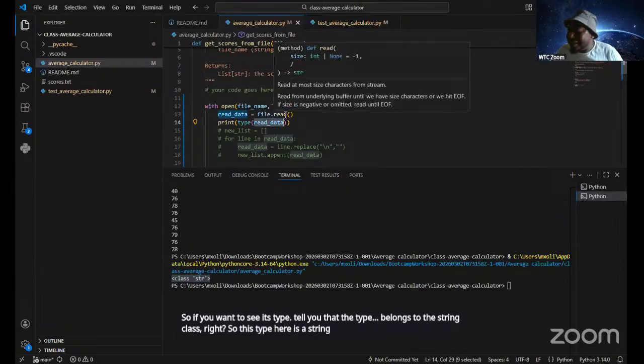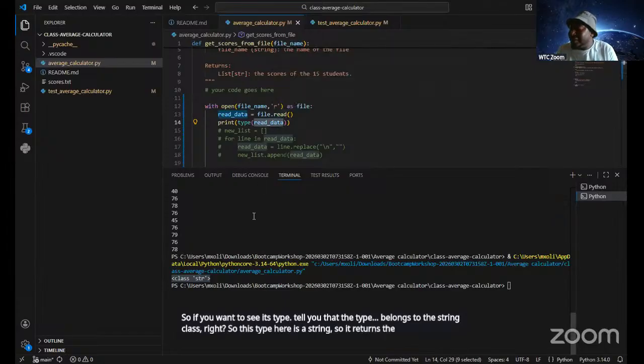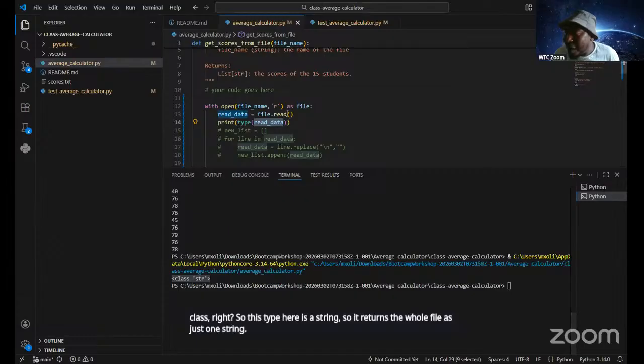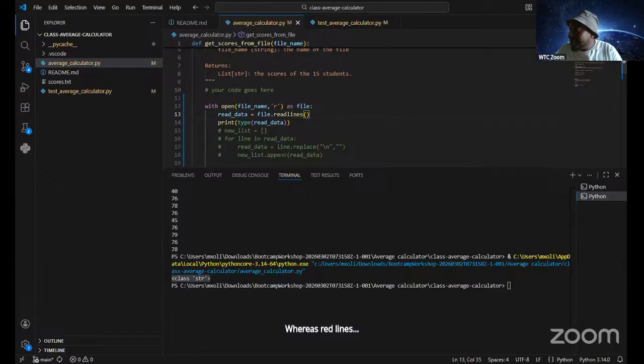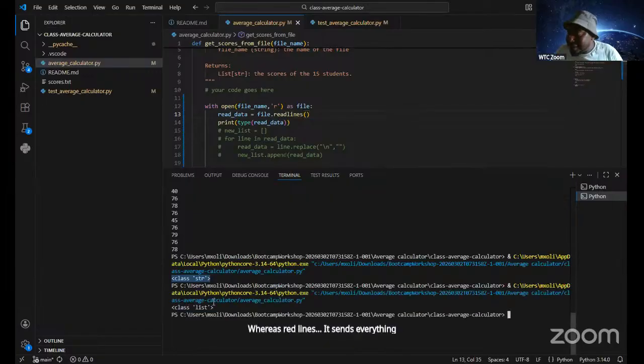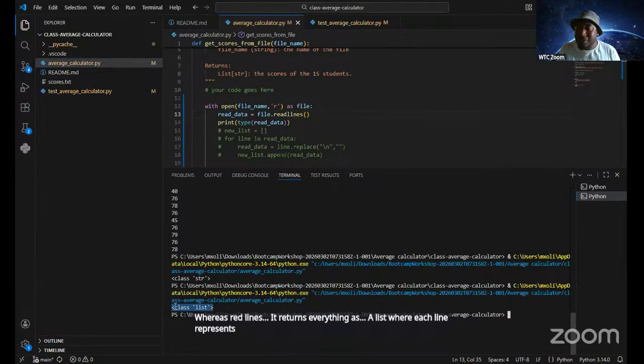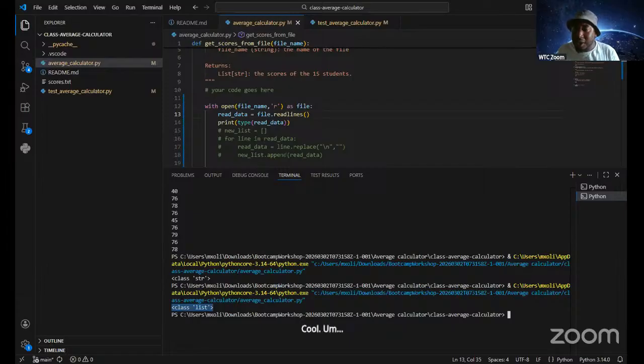It returns the whole file as just one string, whereas readlines returns everything as a list where each line represents an element in the list. Cool. I hope I answered you, Lindo. That was your first question.